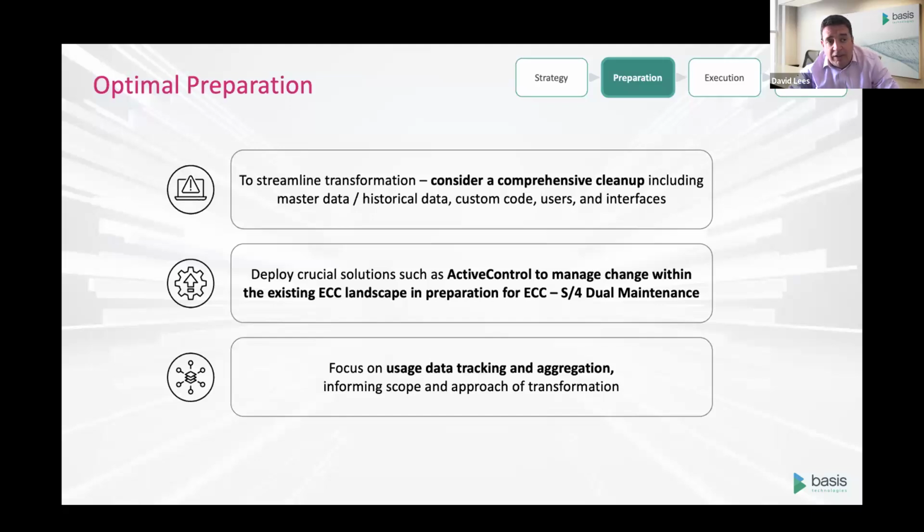And lastly, start thinking about, because if you want to gather data around usage of interfaces or custom code, etc., check the parameters that you have in your systems today. How much usage data are you collecting? Are you aggregating that usage data in any way to look for some of the interfaces or custom code that may be used less frequently around quarter end or year end and that sort of thing? Because you obviously don't want to be caught out by any of those unexpected surprises.